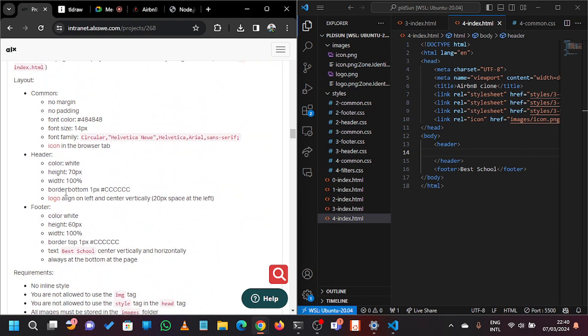So border header, the color was supposed to be white. The height was supposed to be 70 pixels. I think everything is okay there. So the logo should be aligned on the left vertically, 20 pixels on the left. So the logo is already here. So what we're just supposed to do here,